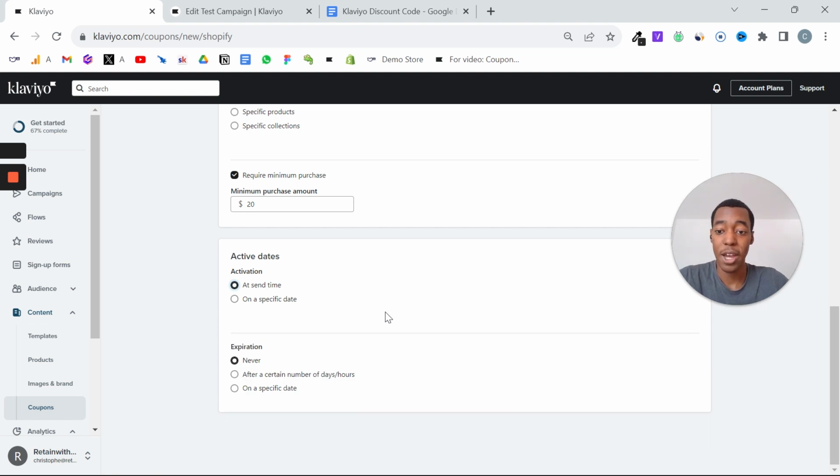Now for the expiry date, you can either pick never, so people are going to be able to benefit from the discount forever, and you don't want that because they will be able to get the discount and order multiple times. So if it's a pretty massive one, like 30% off, they're going to be able to get 30% off forever. So I'm going to pick after a certain amount of days or hours,